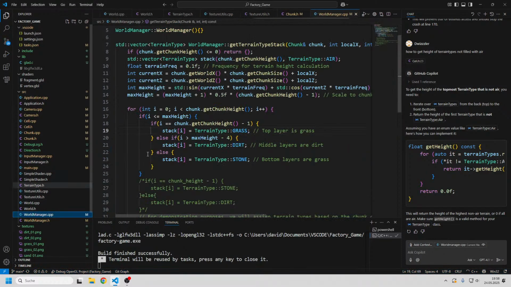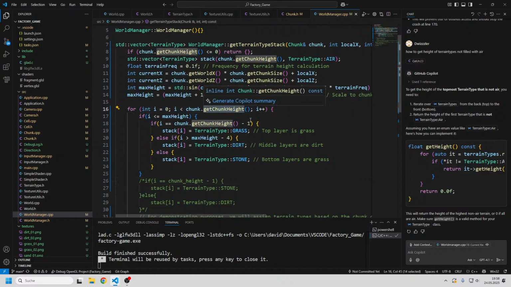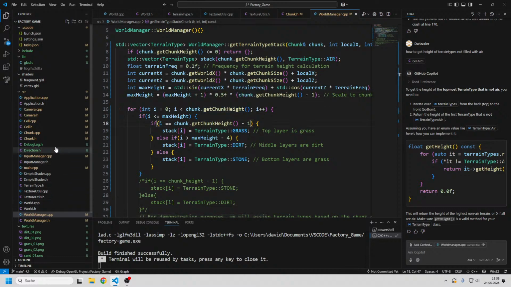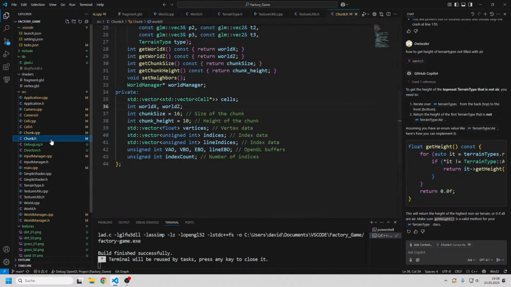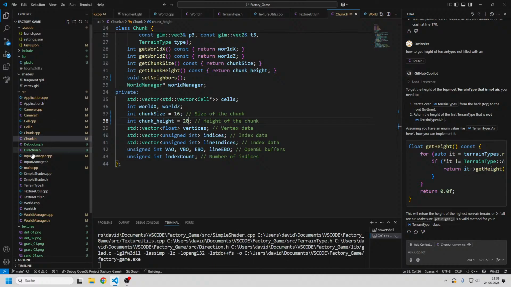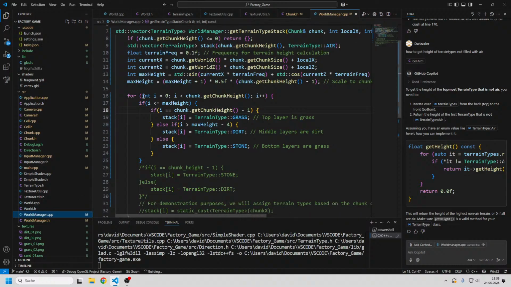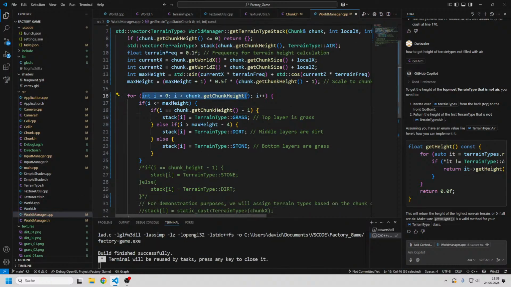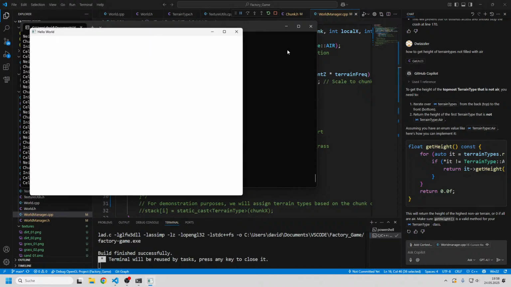So let's go back to World Manager first of all and think about that. So we're gonna get a chunk height, and this chunk height is basically 10 still, or did we up that to 20? I think we upped that to 20. Let's do that now then, and just run again and have a look. And then let's go back to World Manager. And so basically we're going from 0 to 19 here, and then